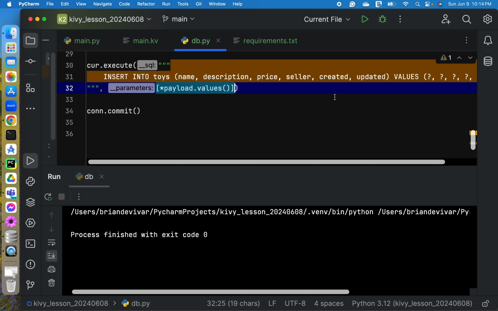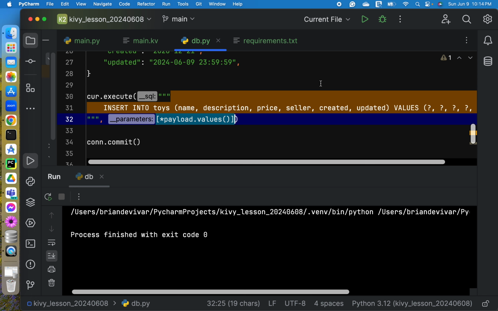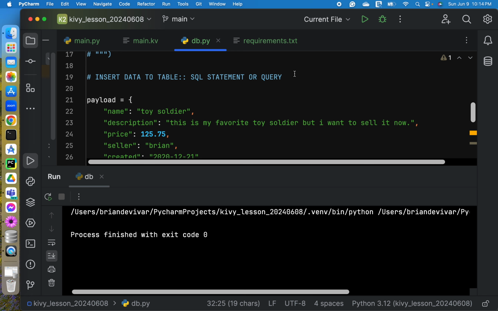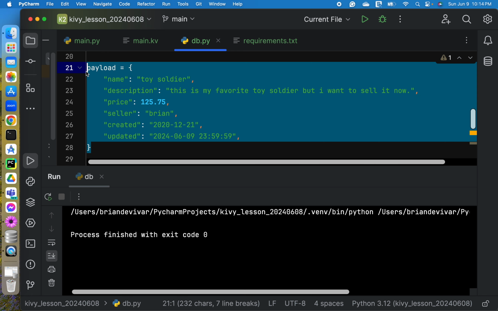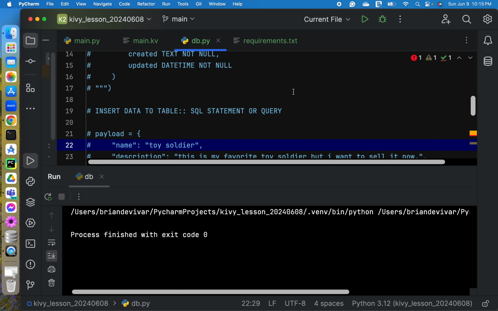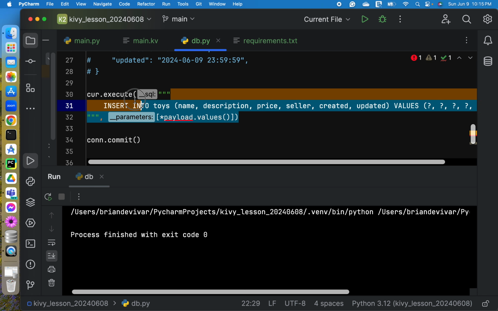Okay, and then next. So we already have data in our table. So we don't need this and this one.